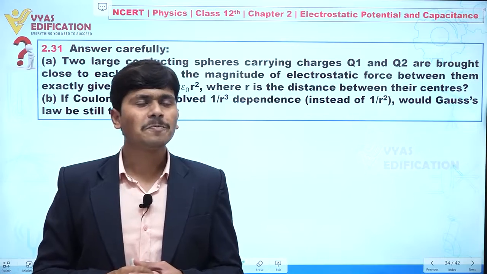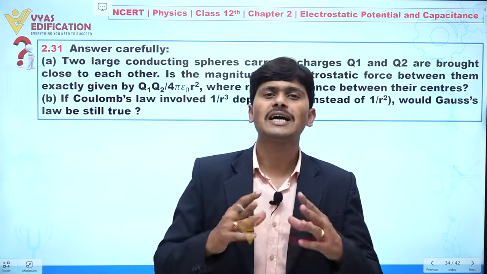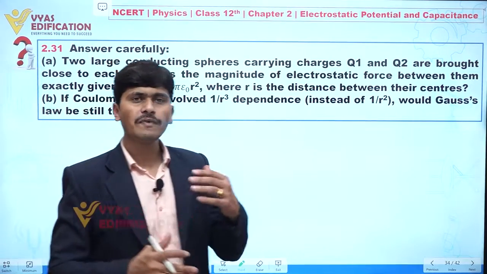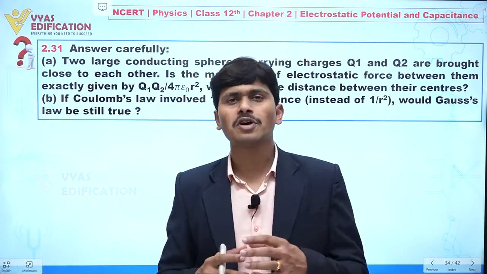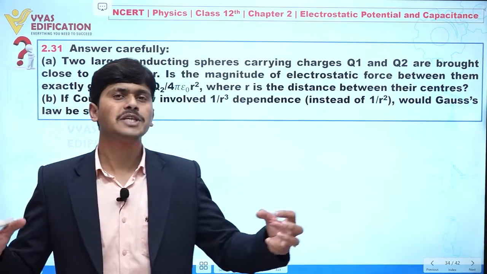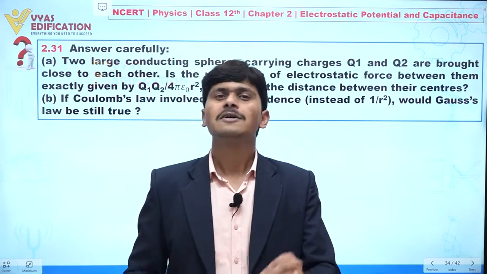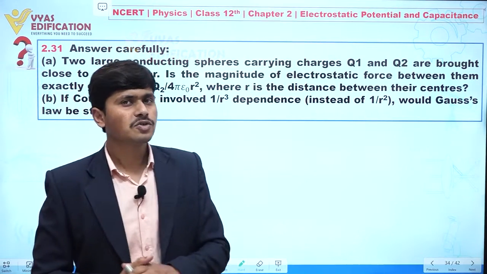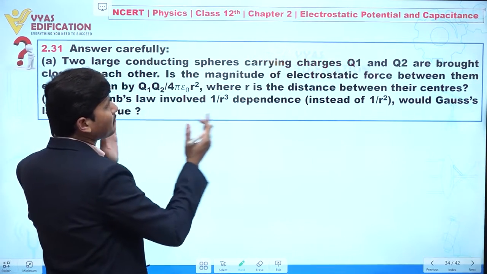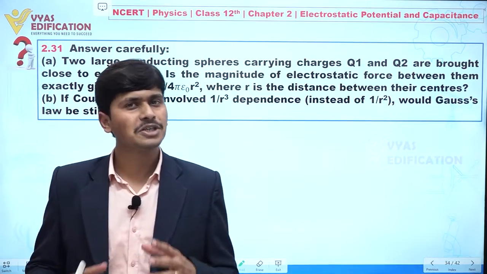Now dear student, we know whenever we apply Coulomb's law, we assume the charge to be a point charge. Clear? And we can say that when the size of an object is very small compared to the distance between two objects, then we can treat that object as a point object, and the charge given to that point object is a point charge. Clear? So now we can say when the distance between these two spheres is decreasing, at that time Coulomb's law of electrostatics comes into picture.